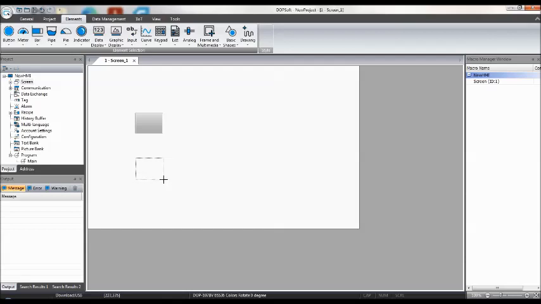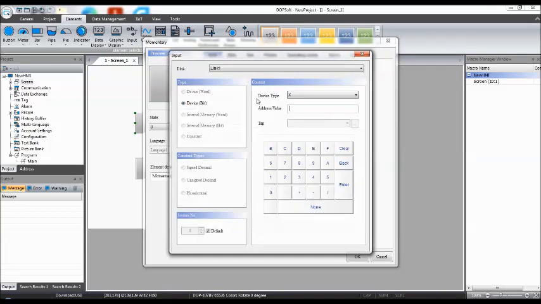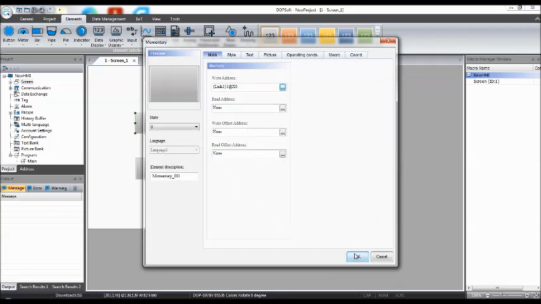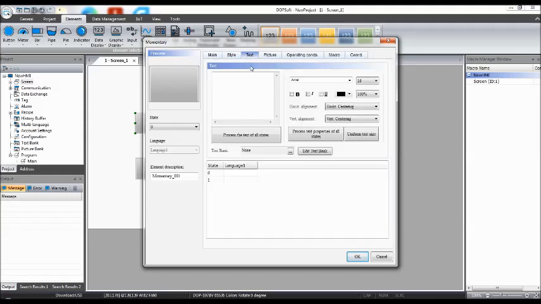And in the indicator, I'll take a multi-state indicator. Here in the address, I'll take x0 as the first input. In the style, let it be a rectangle shape. In the text, I'll make it on. Even when it is pressed, I want to display the on text. So in that case, go to state number 1, again type on. Okay, go back to the 0 state, and then in the picture